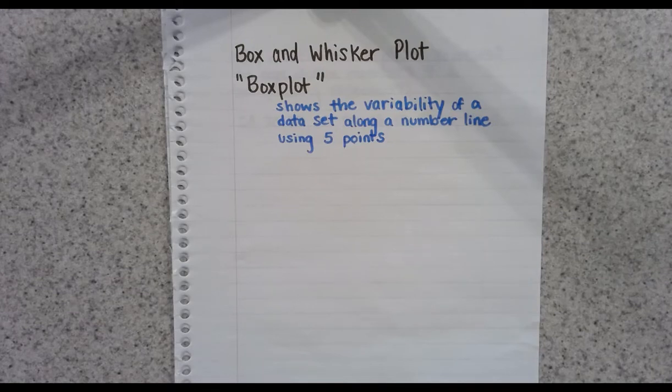Today we're going to learn about the box and whisker plot, also called just the box plot. The box and whisker plot shows the variability of a data set along a number line using 5 points. So the 5 points that make up a box and whisker plot,